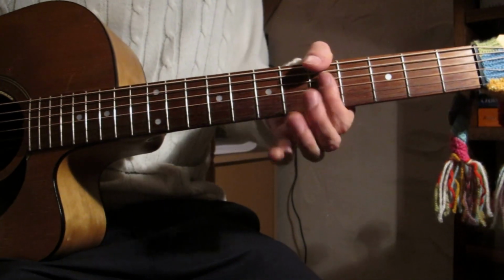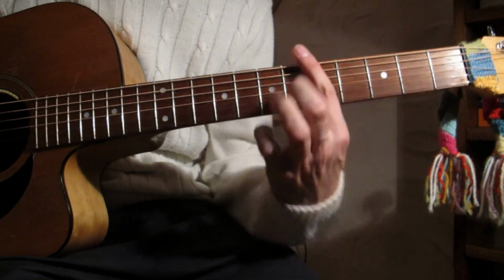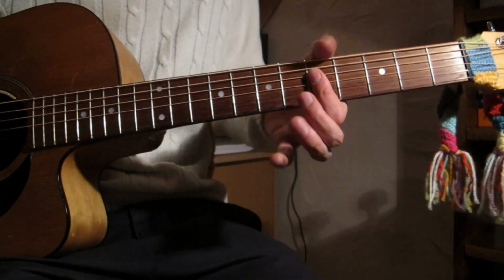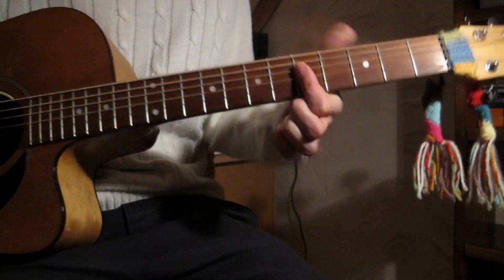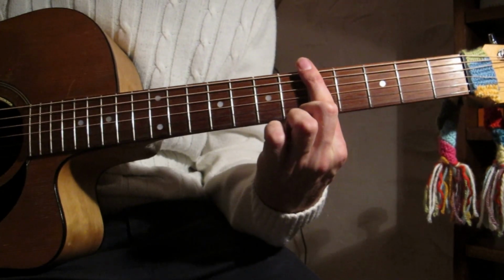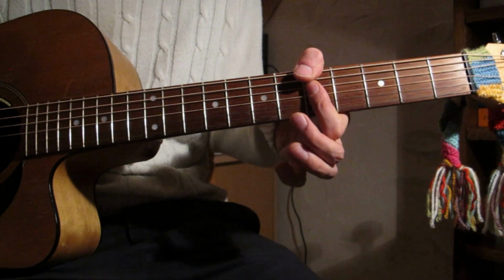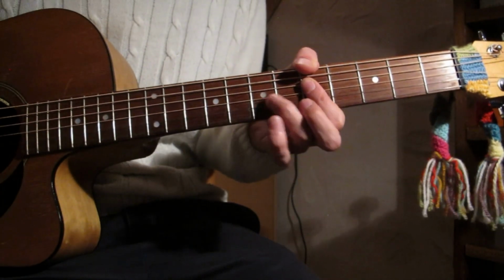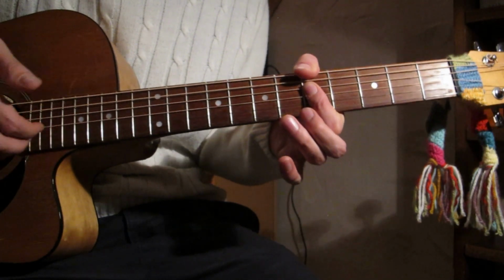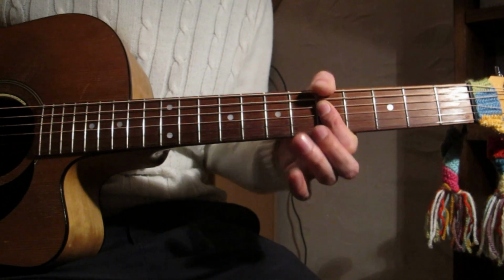Then we pick an A minor chord, or A minor 7. Laurence Juber does it with just a one finger bar. If I do that, it sounds like that a lot of the time. So I tend to play it with my first finger barring four strings and my thumb barring in the bass. You can also do it like this if you find that more comfortable. And we're going to do another forward roll with this hand. We're going to pick the bass and then the bottom three strings. So we come out with this,